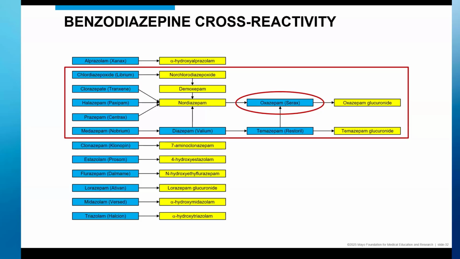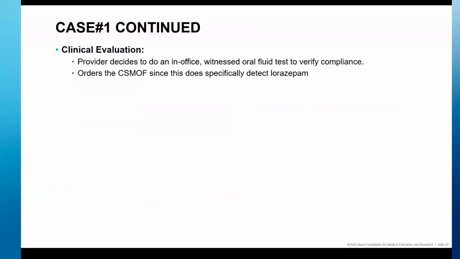So remember though, what's our patient prescribed? Is it any one of those blue ones? No. Our patient is prescribed lorazepam. And that actually gets broken down primarily, especially in urine, because we have to consider the matrix. This is a urine test that was done. And so in urine, it's primarily the metabolites that undergo phase one, phase two metabolism that are more water soluble. That's what you see in urine, very little parent unchanged drug ends up in urine. So it's the lorazepam glucuronide that we would predominantly find in urine. And a lot of immunoassays, particularly urine ones, don't have good cross-reactivity there. So based on that, that probably wasn't the best test to order.